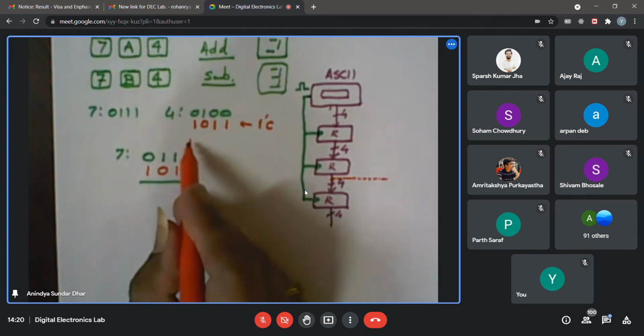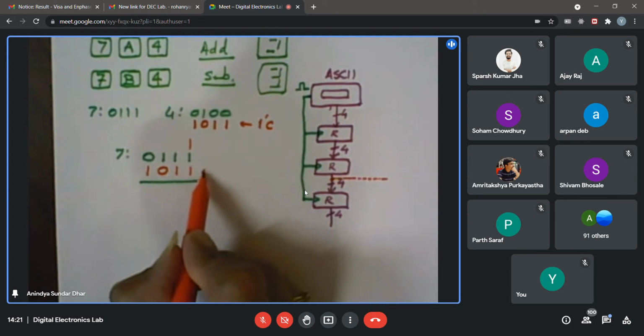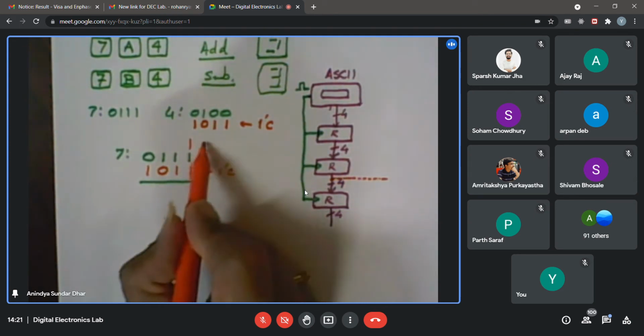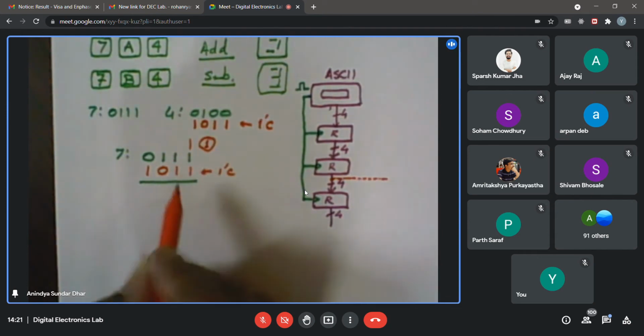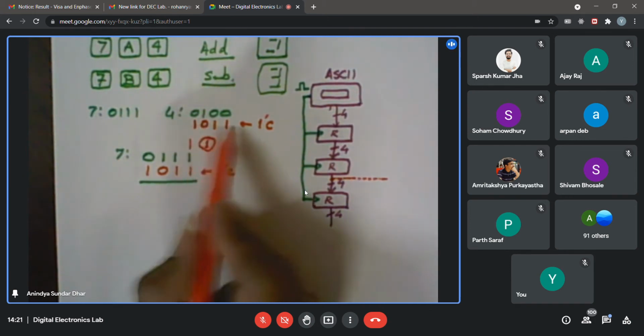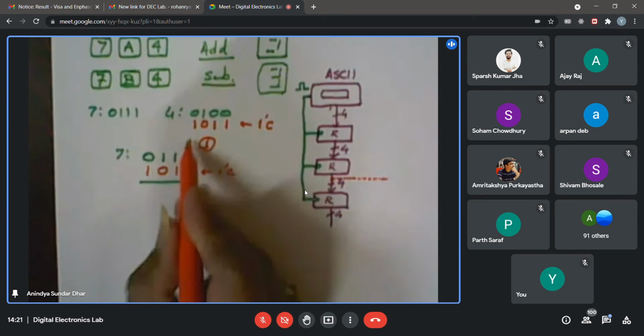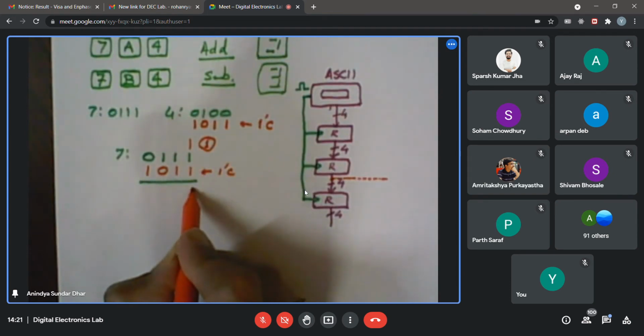So now can I do this? Is it equivalent? First of all, I have not converted into 2's complement. I have just kept the 1's complement, and I'm adding 1 over here. It is basically the same thing. I'm not going into 2 steps. Earlier I needed to add this 1 here, and it will become 1, 1, 0, 0 anyway. But right now I'm showing that 1 over here explicitly. So 3 1s. How do I add? Prompt me.